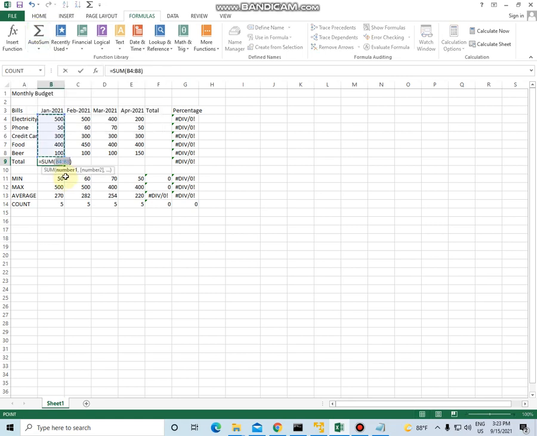Just click AutoSum. It shows us the range of cells. The range is correct. Hit the Enter key on the keyboard and you see we got the correct result. Like this we can select other cells and click AutoSum, and you see one button press and we got our result and all are correct.